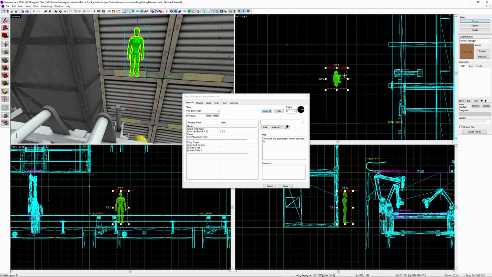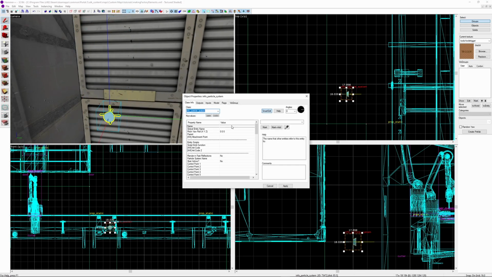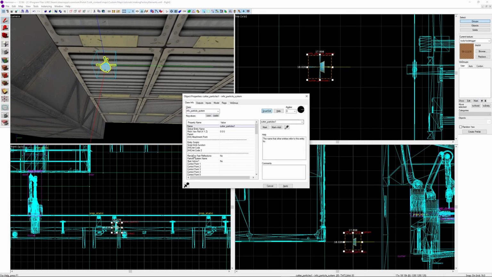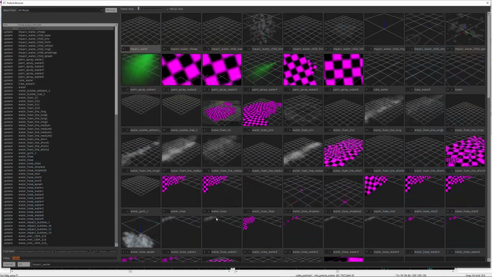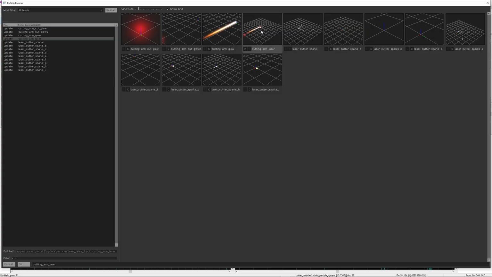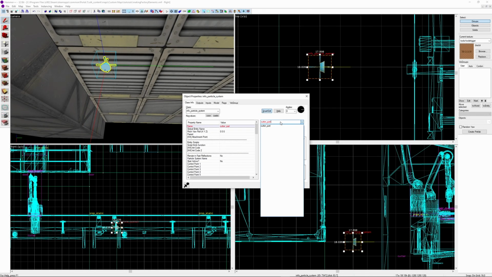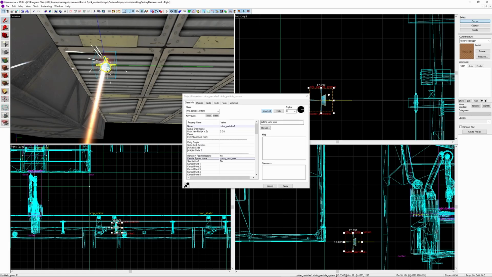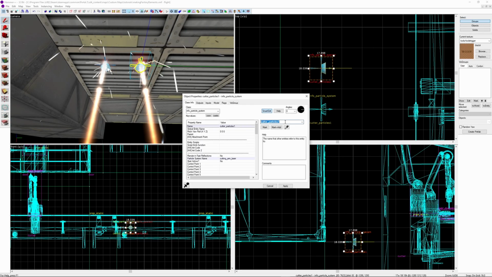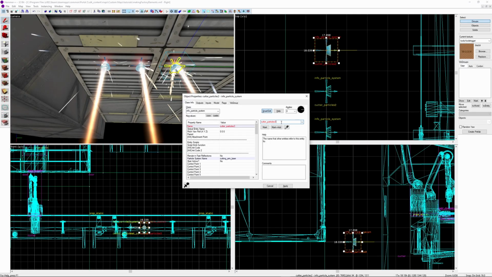Next, we're going to create the particles, so create a new entity and make it an info particle system. Then go to the particle browser. If this system is empty, you can follow the guide in the description to fix that, or you can just type the name of the particle instead, which should still work. The particle we want is called cutting_arm_laser. Give it a unique name, I'm calling mine Cutting Particles 1, shift drag to duplicate it and increment the name, so Cutting Particles 2, do this another time for a total of 3,